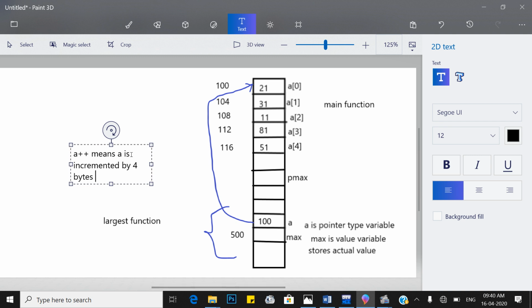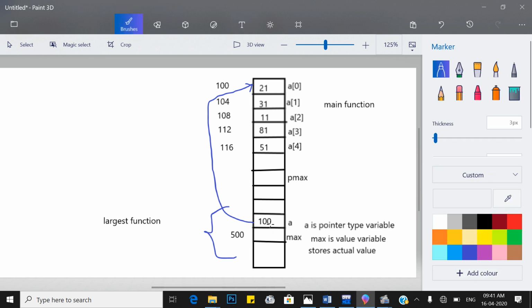So a plus plus increments the address. Now what address is stored in a? A stores 104. Now a points to this location.